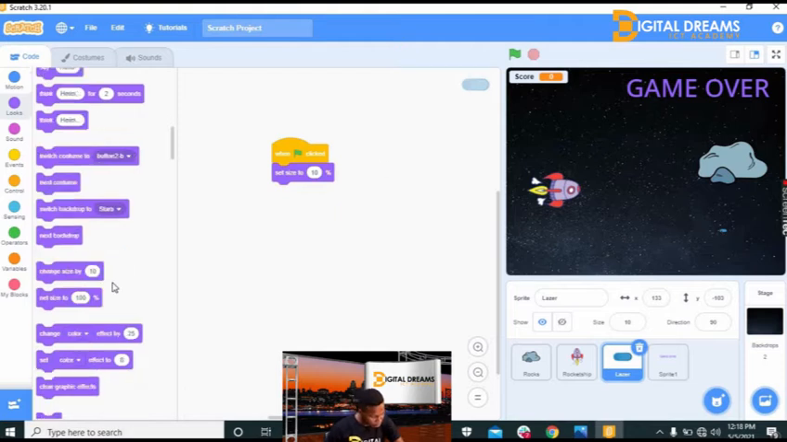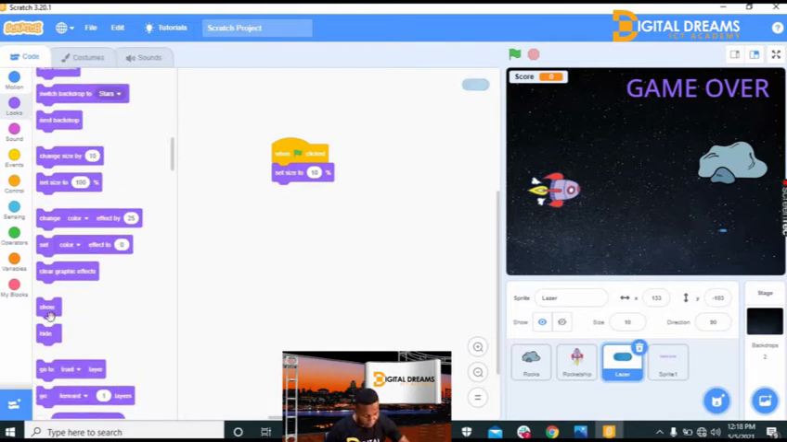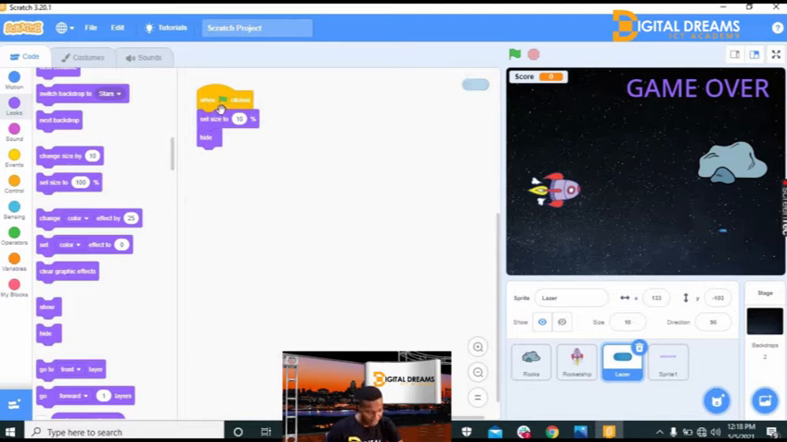And from looks we get show. Still from looks we are going to get show, which will finish show and hide. We get hide, which will place under set size to 10. Let's move this away for space. So we have our when flag is clicked, set size to 10, hide,